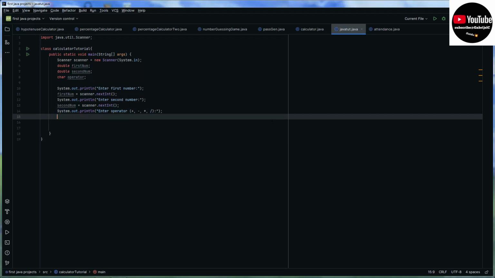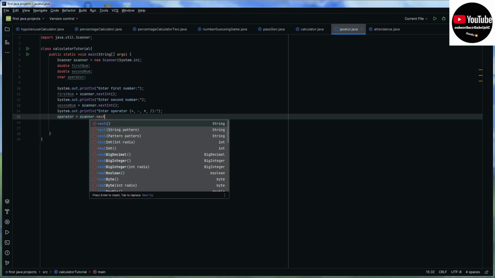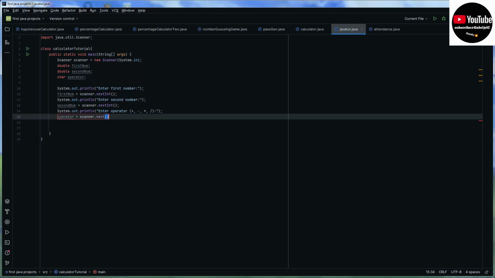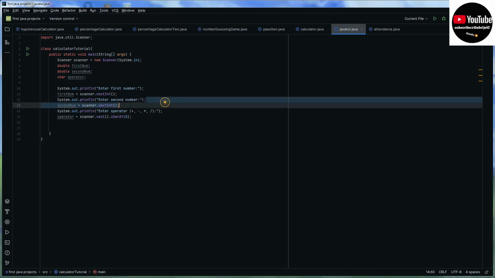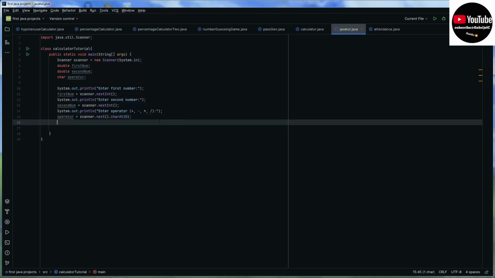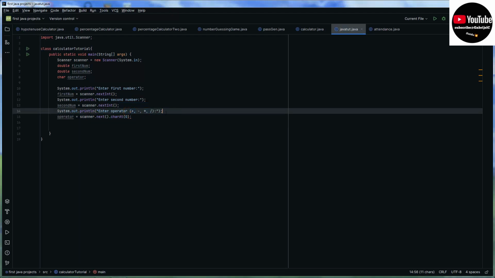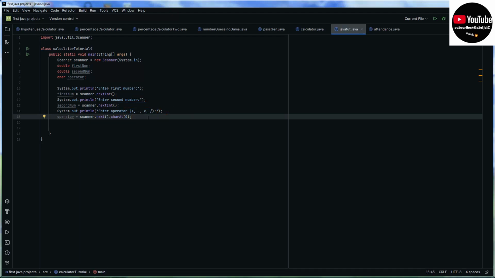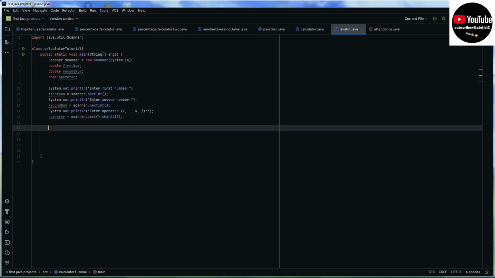And then operator equals scanner dot, like I said, next dot char at 0. So you're gonna read the very first character input. So if we input a whole word, this is gonna take the first character, but in this case we can only type in these. Okay, so if operator equals